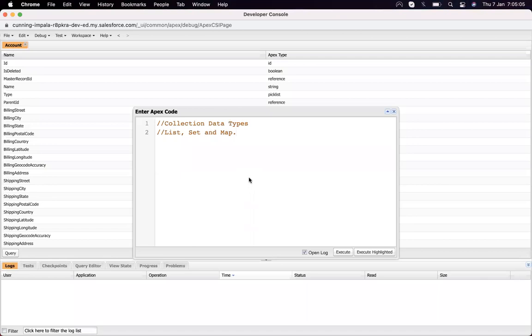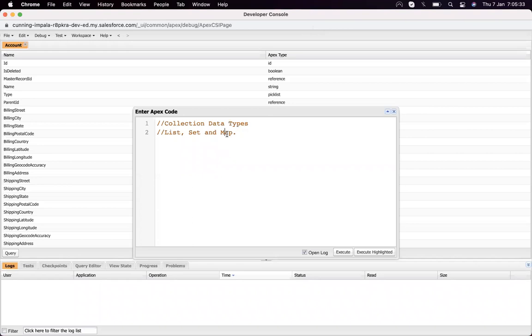But in the set you can't do that. If two elements are the same, the second element will not be added, or it will override the first element if a similar element comes up.